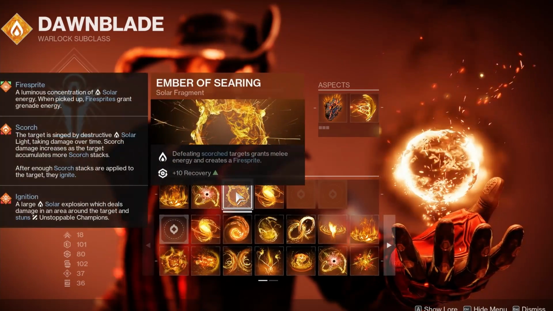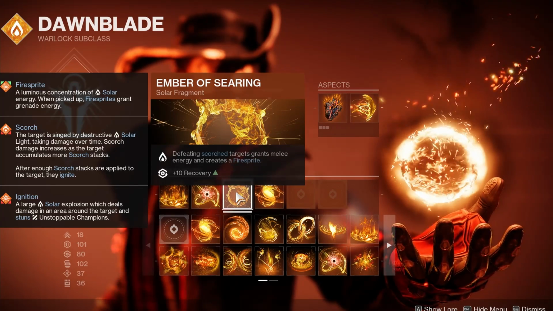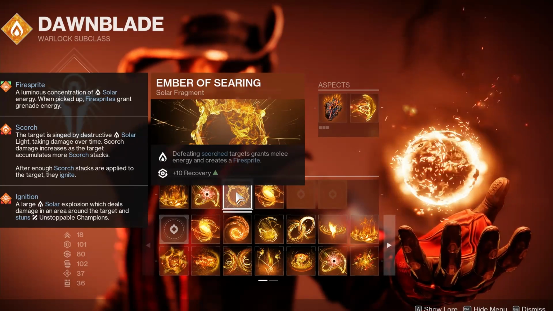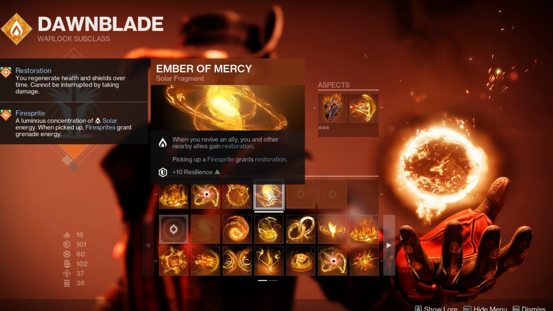Then, Ember of Searing. Defeating scorched targets grants melee energy and creates a fire sprite. With Tommy's applying Scorch to targets, that is easy access to these fire sprites, and they do award grenade energy when collected. Last up, Ember of Mercy, and this one is kind of a double-edged sword, which I'll discuss later on in the video,